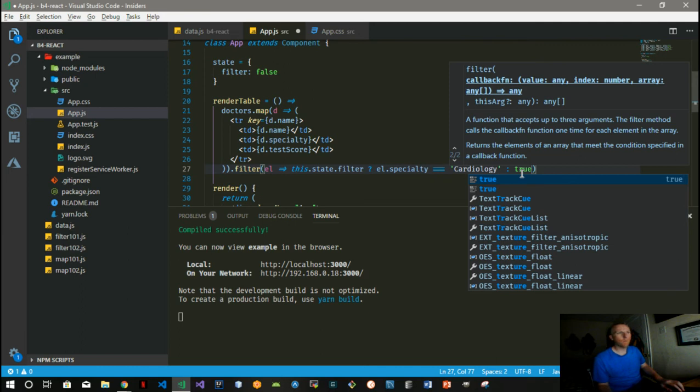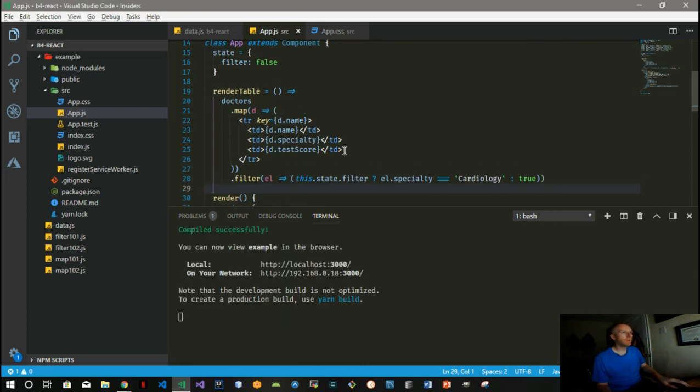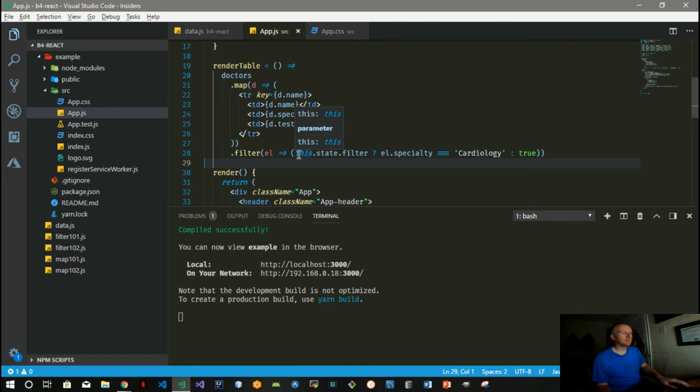We'll just write true. Well, right now the filter is off. So this is false. It's going to jump over to this side and it's just going to return true for everything. So if it returns true, even though it's going over each element,